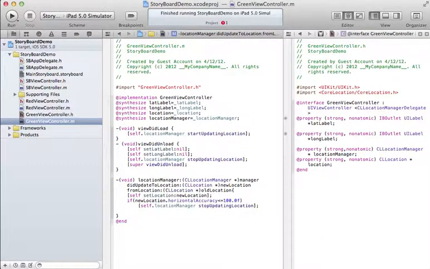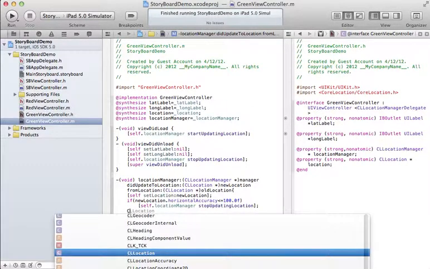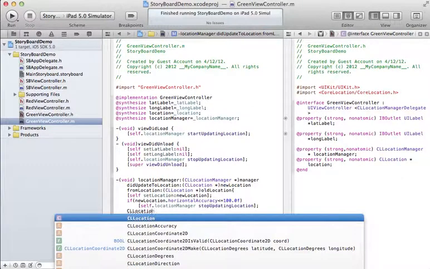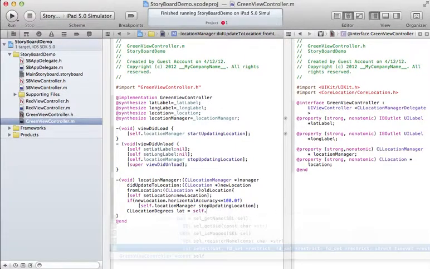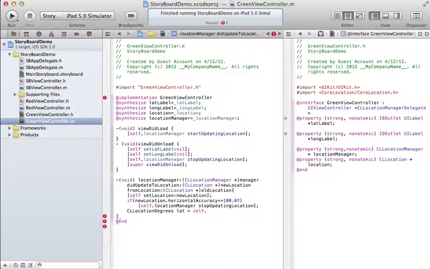So if it's less than 100, okay? Now, once the GPS does this, what I want is to update the labels. So I'm going to create a CL location degrees. That's a number, okay, for latitude. And it's going to be self the current location,